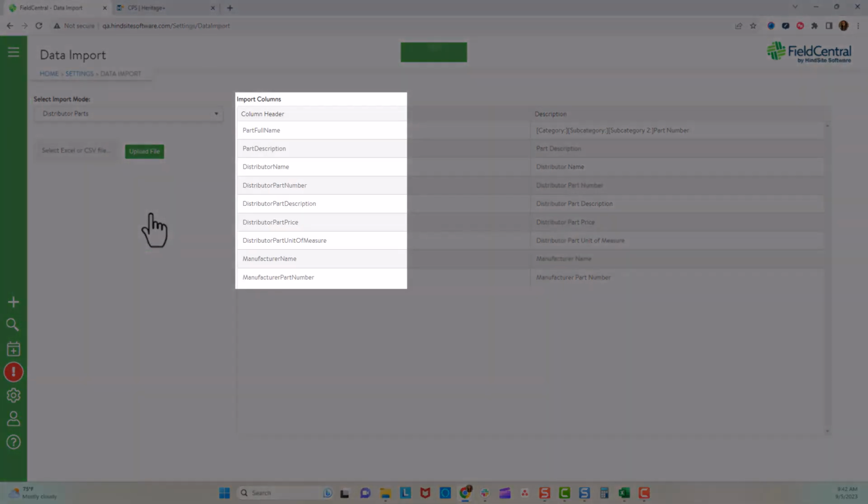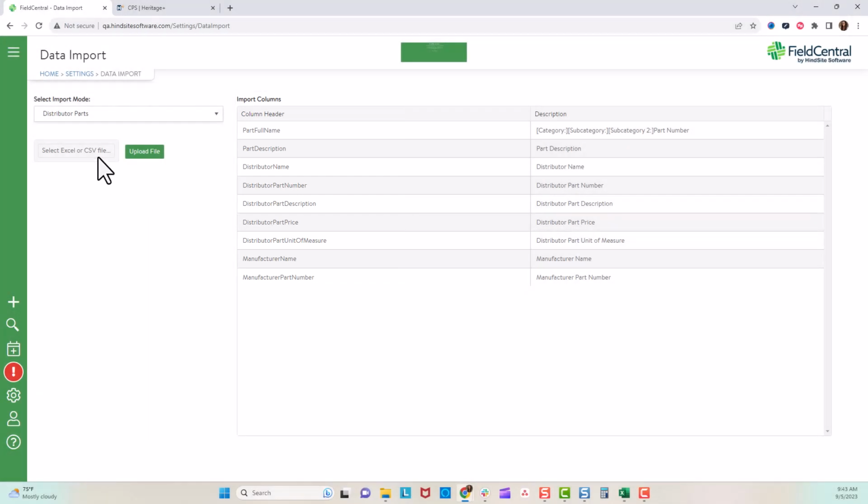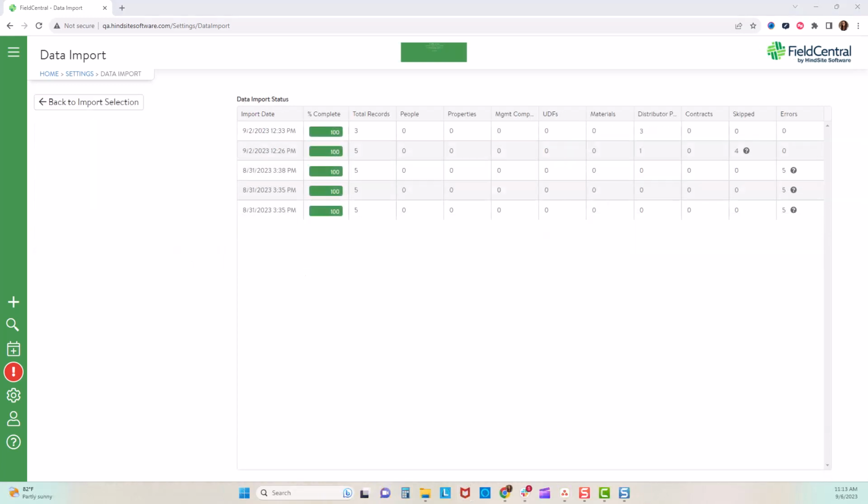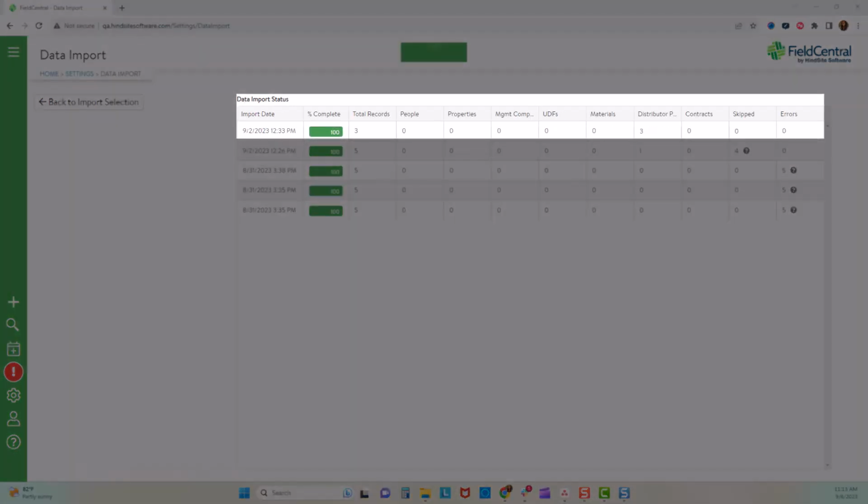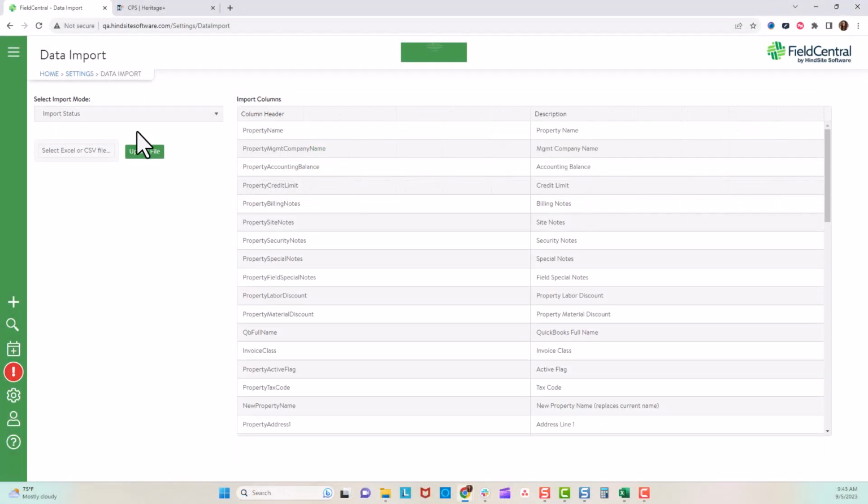Notice required column headers identified here also match our Export Distributor Mapping spreadsheet. Select the completed file and upload. You will be able to confirm your import uploaded successfully via the data import status. Once the upload is complete, the distributor and other information will be added or mapped to the identified materials.